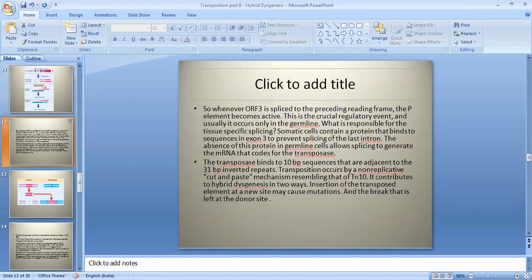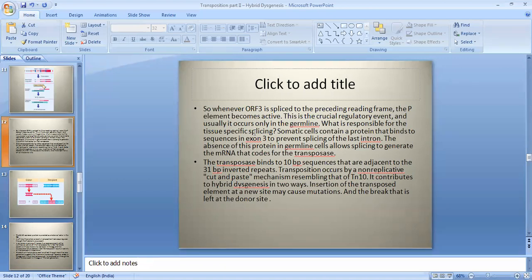Whenever ORF3 is spliced to the preceding reading frame, the P element becomes active. This is a crucial regulatory event, and usually it occurs only in germline. So you know that now. What is responsible for the tissue specific splicing? Now you can ask why it is so. Why in somatic cells does the same gene produce a smaller peptide, but in germline it produces the bigger